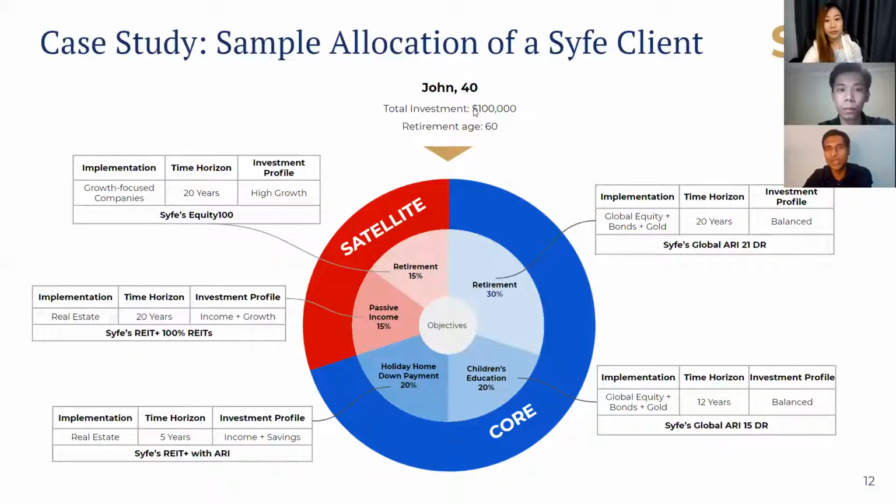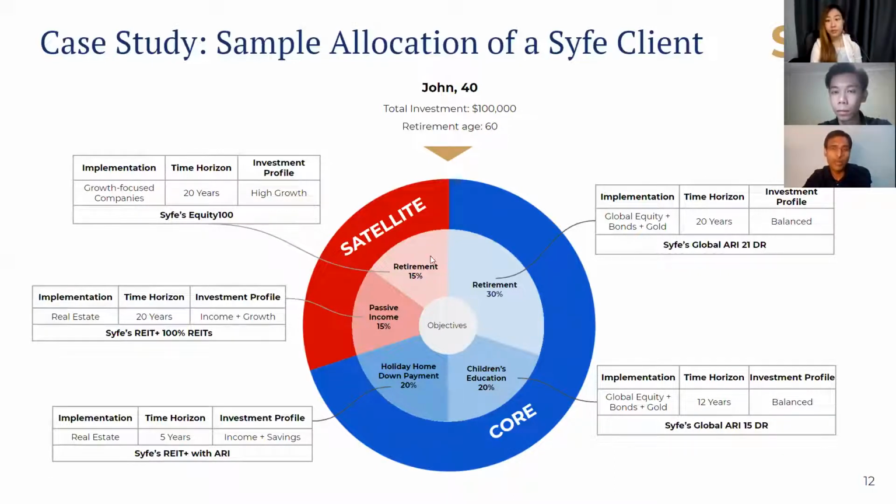Life is not as simple as someone who's 20 or 25, who just wants to grow their wealth and wants easy avenues to put their money to work. They have real goals that they can quantify, and they want to achieve them through different options that align to those goals. So the broad level goal is retirement, but at the same time, he's also got goals like children's education, a holiday home, or any home down payment.